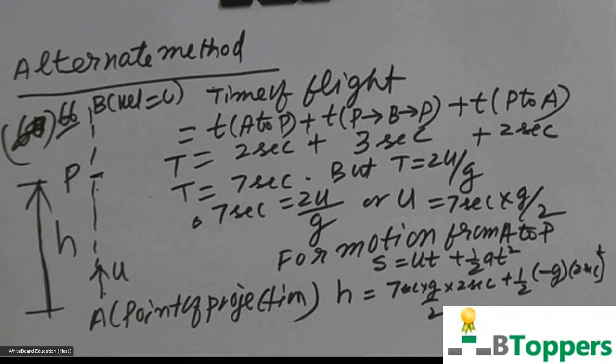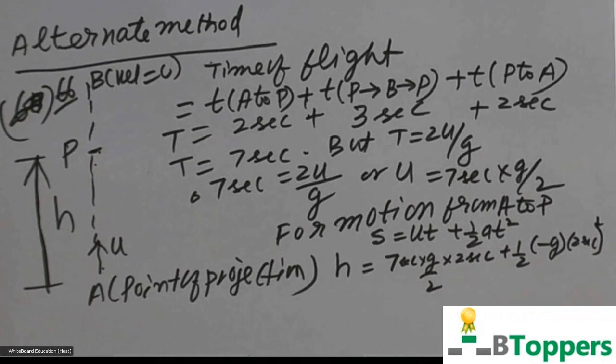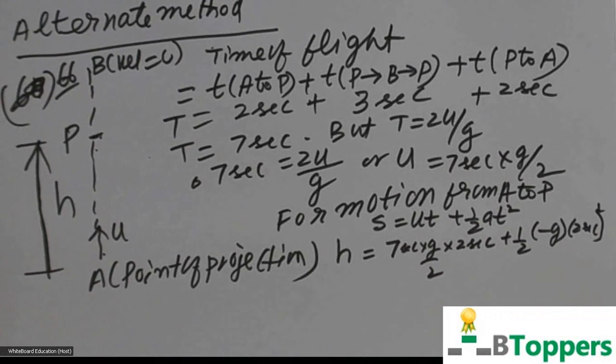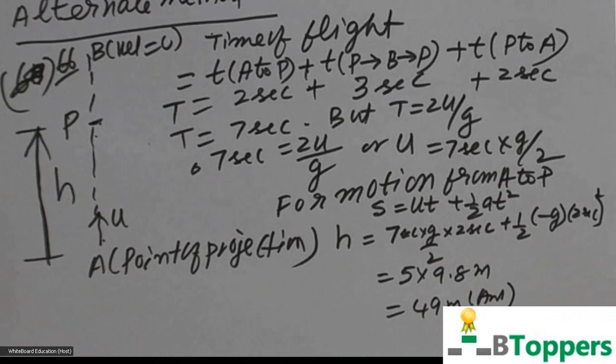So you can simplify this. So h will be numerically equal to 7g minus 2g, you will get. That is numerically equal to 5g or 5 into 9.8. So you can simplify it yourself. If you want to copy the solution of the problem, you can take a pause and copy the solution of the problem. So you get 5 into 9.8, 5g numerical, or 5 into 9.8 meters, or 49 meters. That's the answer for h. If you want to copy the solution of the problem, you can take a pause and copy the solution.